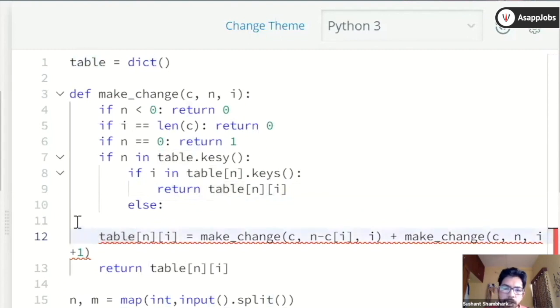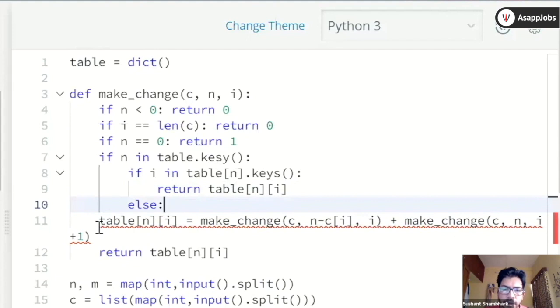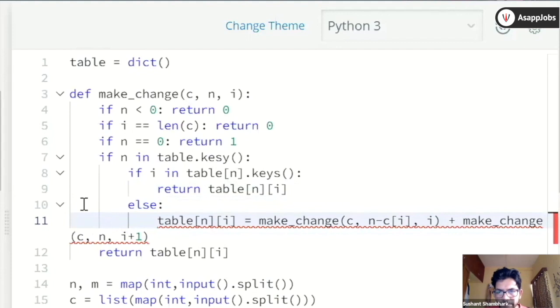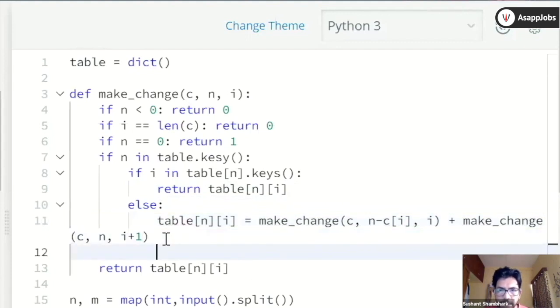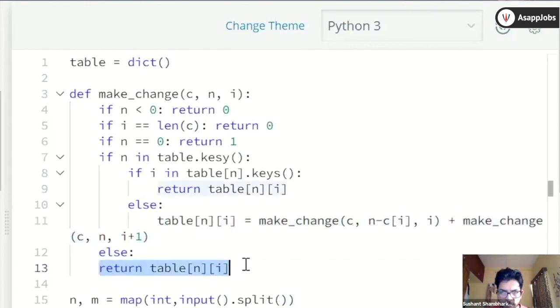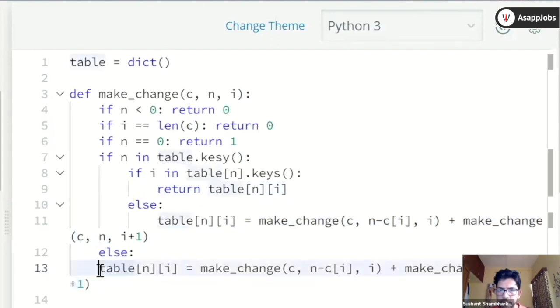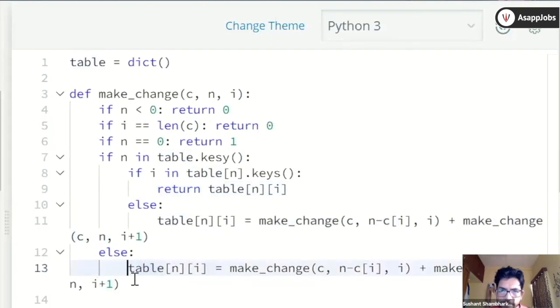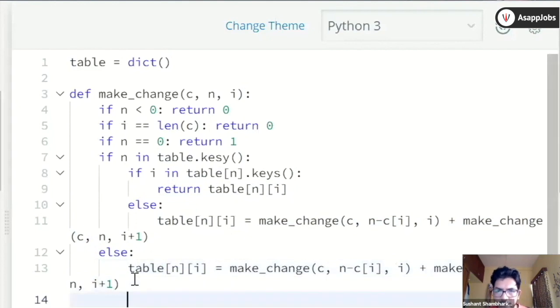Else, if you don't have that key, then we will have this statement. This is the indexing; a dictionary is similar to what it is in an array. And if n is not in the table, then we are still going to make the same. Maybe there is some way to optimize this if else condition.